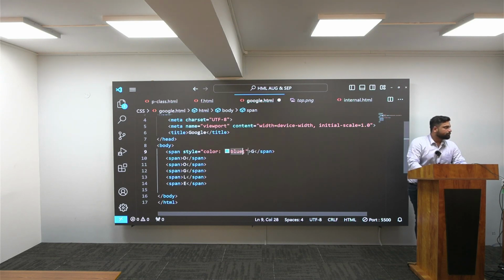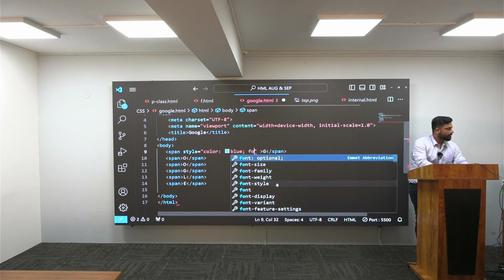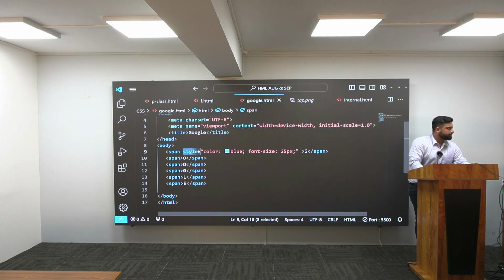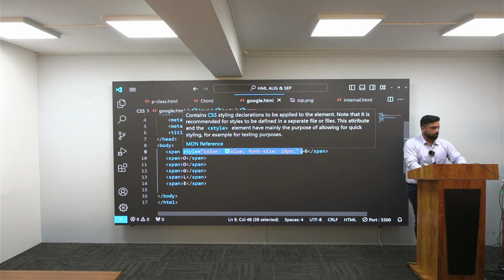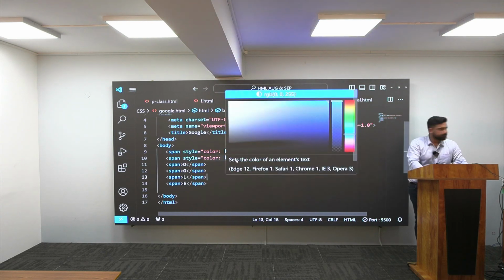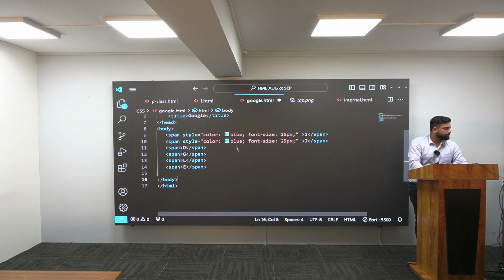Now I wanted to change the font size also. So let's change the font size. I will give the font size as 25 pixels. Now I will copy the same thing here and paste it for O. For O, which color can we give?